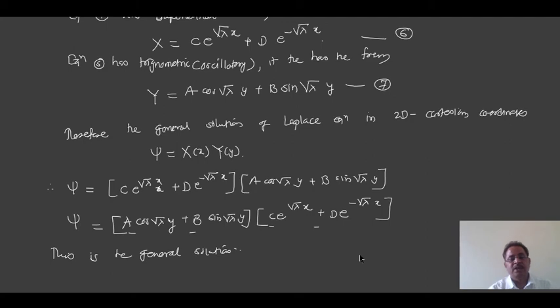This is the general solution. Now remember, this is a method. Here we have learned a method to separate the partial differential equation into ordinary differential equations. Here we had two coordinates, therefore I had to assume only one constant, that is lambda, which we have taken. In this case I have separated this Laplace equation, or this partial differential equation, into two different ordinary differential equations of which the solutions are known, and therefore I could find the final solution given by equation number 8.